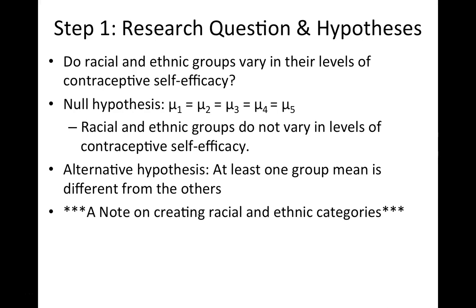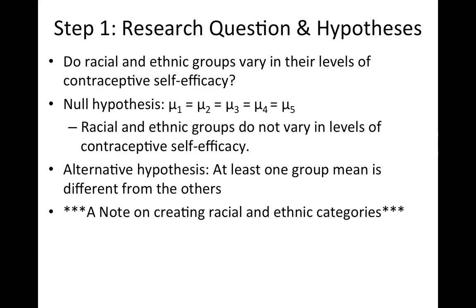This is a situation in which we're not setting out with any particular hypothesis about which groups might be different from one another and in which directions they might differ. We're saying we think race and ethnicity may have something to do with group differences in contraceptive self-efficacy, but we're not laying out any planned comparisons. So we'll use post hoc tests to understand the ways in which there might be differences and figure out where